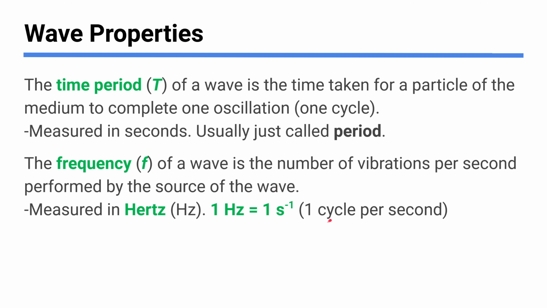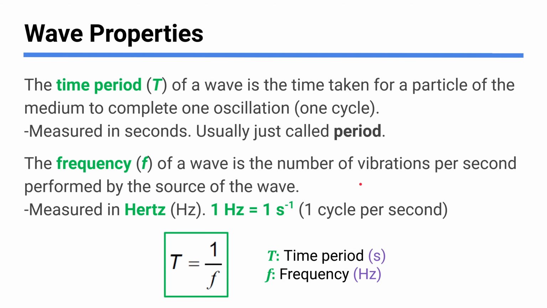Cycle is sort of a ghost unit. It's like a dimensionless, doesn't really count kind of unit. So math-wise, this is just a per second. Kind of means a cycle per second is what 1 hertz is. So they're reciprocals of each other then. Here's a data booklet equation, a nice simple one that tells us this, that the period is equal to 1 over the frequency.